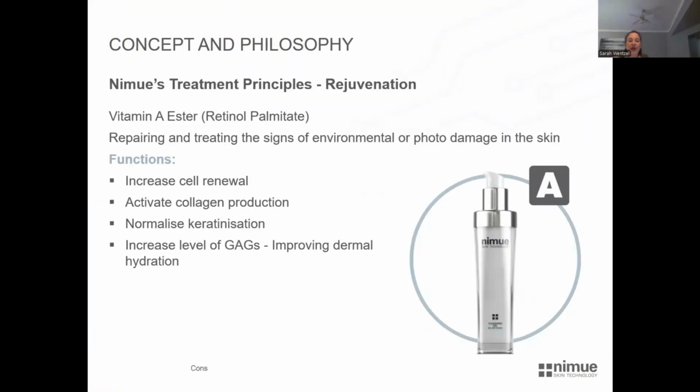So our vitamin A ester, our retinol palmitate, as mentioned, you'll see it in quite a few of our products. It is very much focusing on retinol, or at least on rejuvenation. So it is going to help repair. What I love about it, it is slower. It takes a little bit longer to work, but it has longer lasting results. So it doesn't create irritation on the skin. It's going to last longer in the skin, and it helps with regards to cell renewal, keratinization. It helps with glycosaminoglycans. It is a phenomenal ingredient